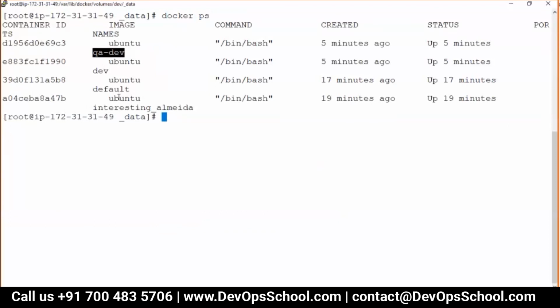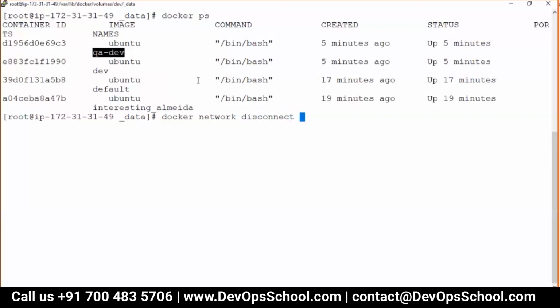Now can I do one thing? Can I disconnect it? Disconnect a container from one network. So docker network disconnect. Please check the spelling mistake. And what is the network?